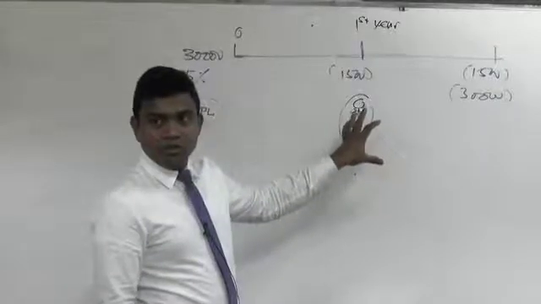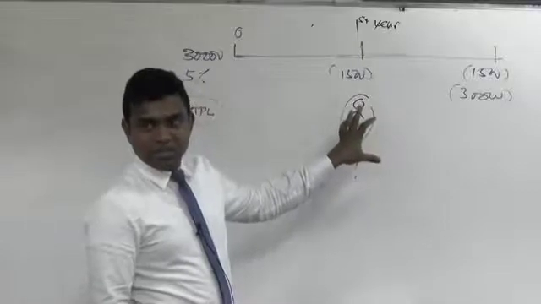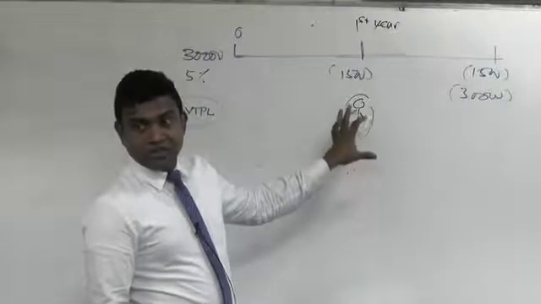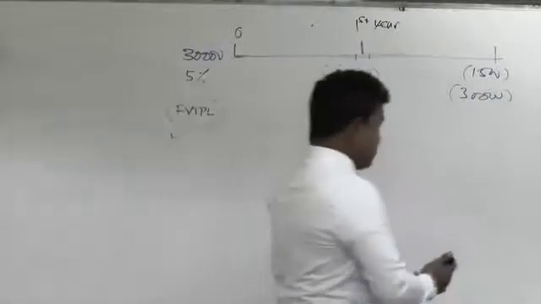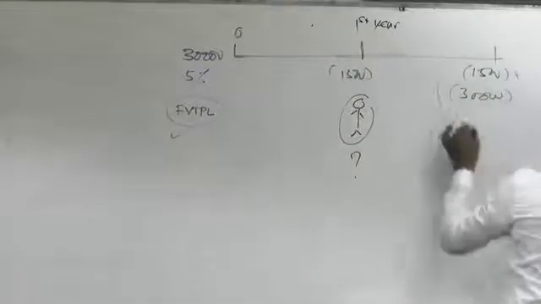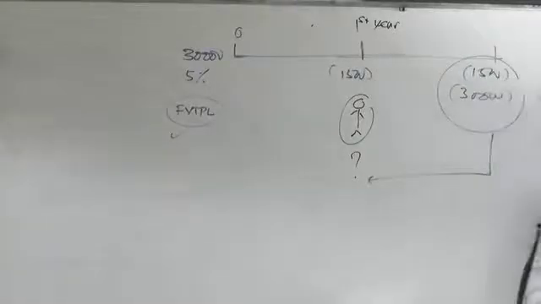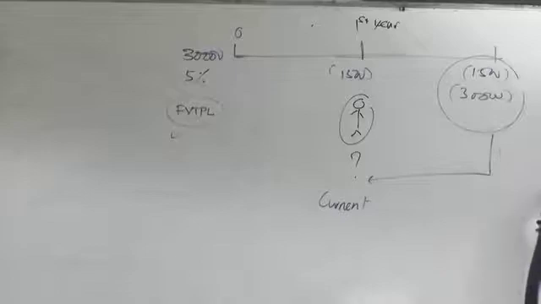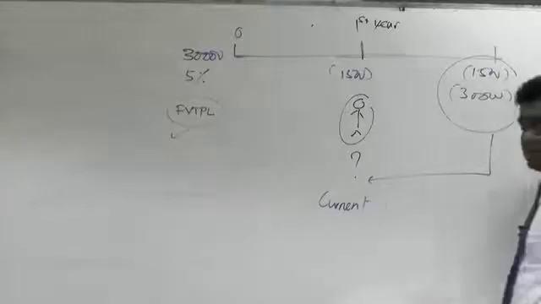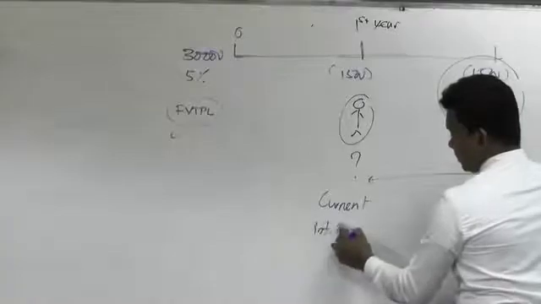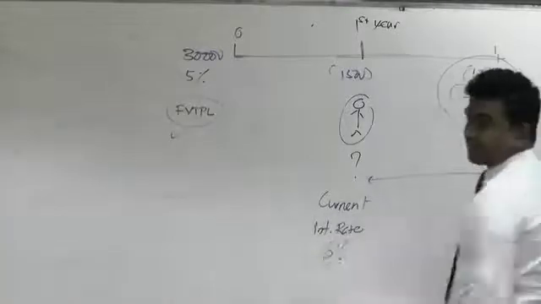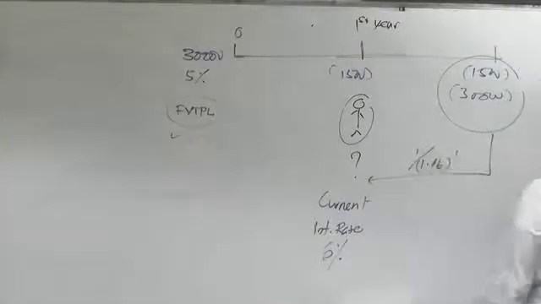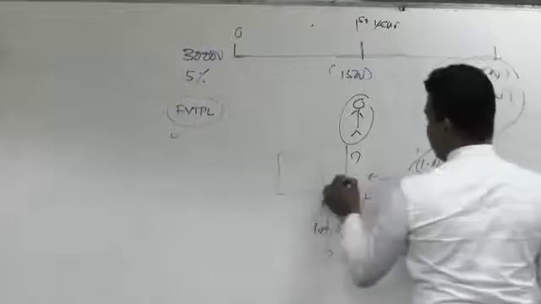Now what can we do? Go for level 2 information. Do you have a similar asset? No. Therefore the best option is to go for level 3. What is level 3? Present value of the future cash flows. These are the only future cash flows you have. Discount them. From what? Current, that is fair value. Fair value does not talk about history or future, it talks about the current situation. Current interest rate. Say the current interest rate is 6% in the market. Therefore discount this by the current interest rate.